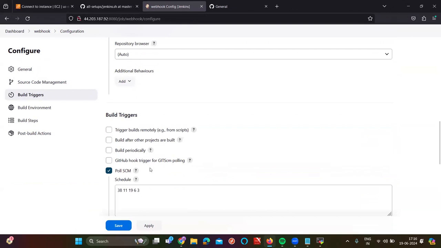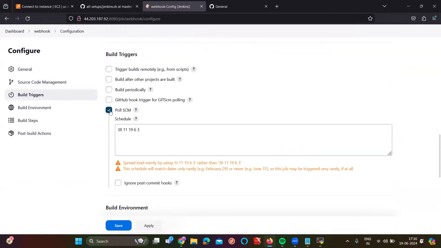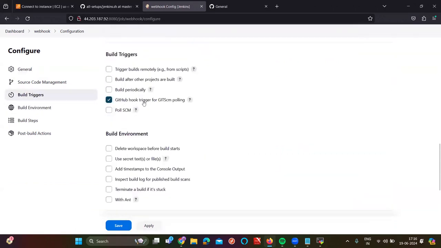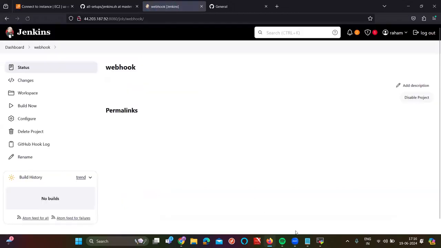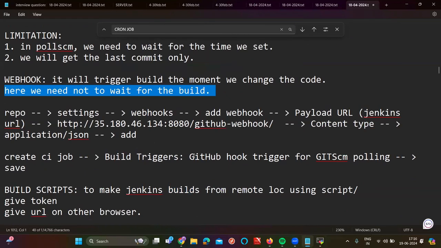Because I copied. And if you go and see invoke top level Maven target, you can use the command clean package. But here, instead of Polysem, I need to select the GitHub hook trigger. That's it. So again, create a continuous integration job. Now you need to go and select the GitHub hook trigger. And I have shown you how to add the